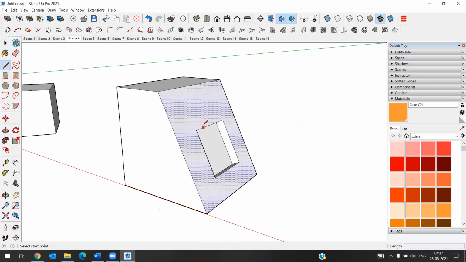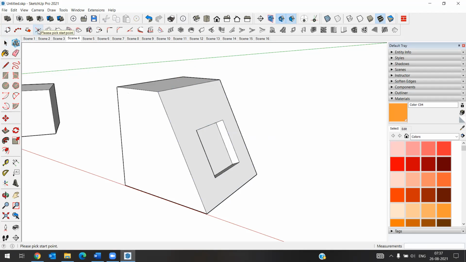Sometimes we may not get an exact perpendicular line. There is a middle point, that's why we are getting the exact same point. If the point is not there, see, we have to draw some more up to that. See here we are not getting this exact perpendicular line.